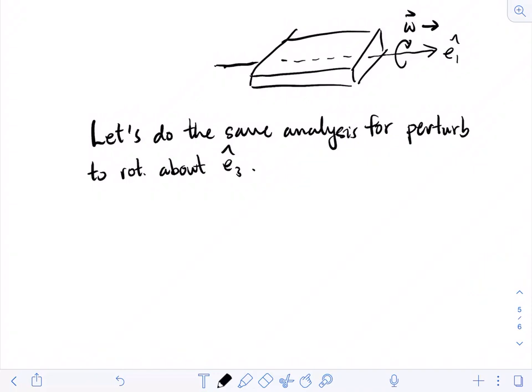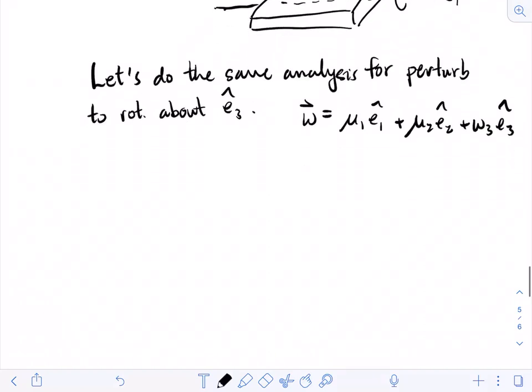Okay, so now what we're going to have is omega is going to be equal to, say, mu1 E1 hat plus mu2 E2 hat plus omega 3 E3 hat. Okay, and again, mu1 and mu2 are small. We could do this a bit quicker because everything's going to be very similar. The equations of motion